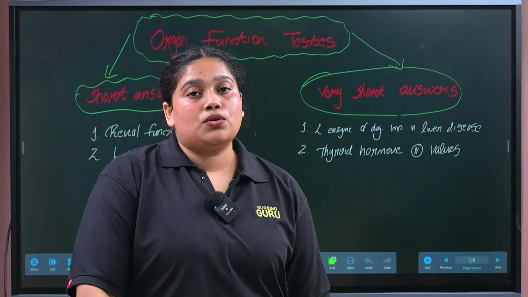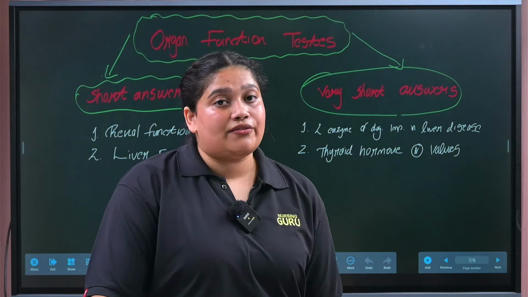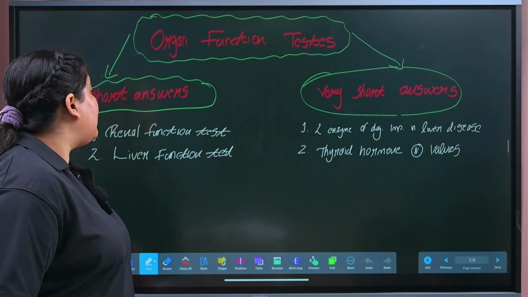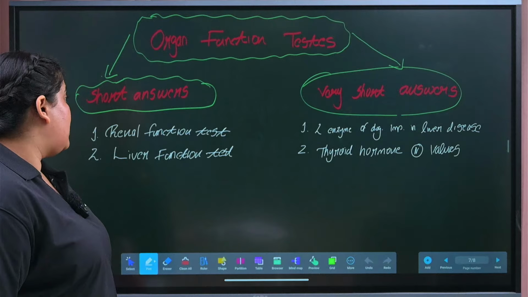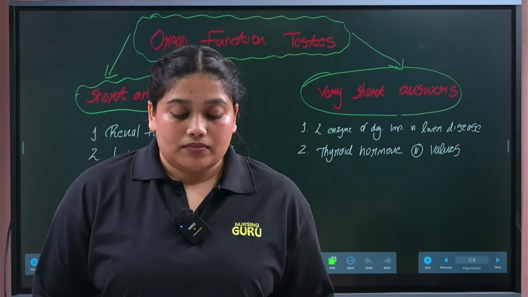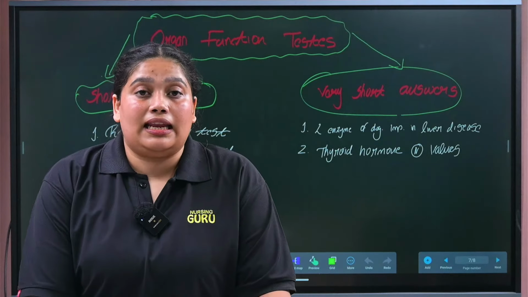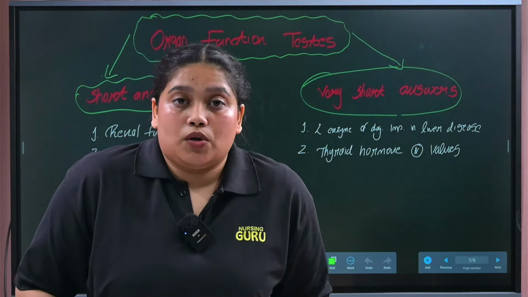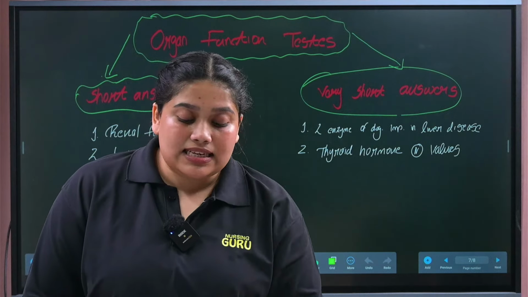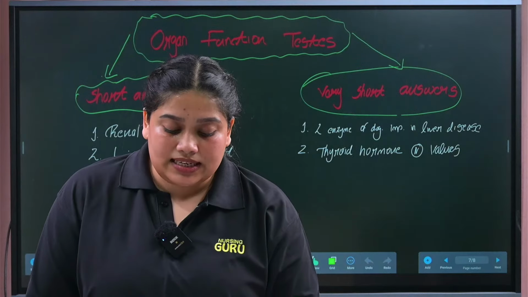From this chapter also we have short answer and very short answer questions. The first one is renal function test, second is liver function test. Both of these are diagnostic tests used to detect any disease or any abnormality. So first you have to define what is a renal function test and the indication for renal function test and